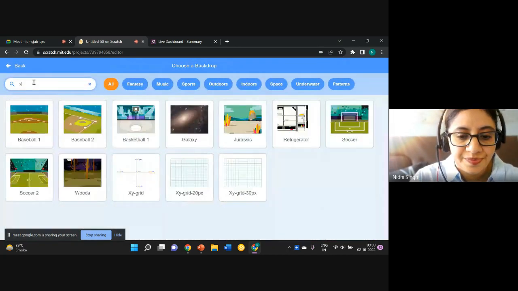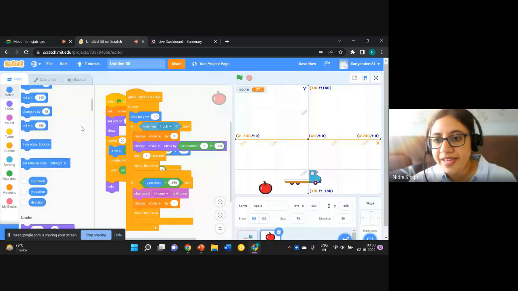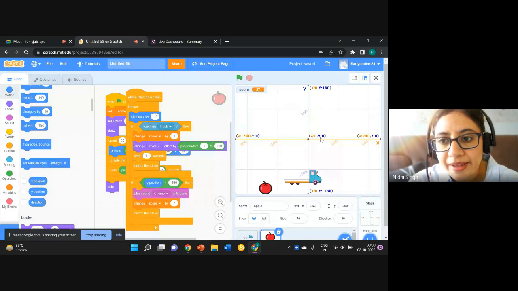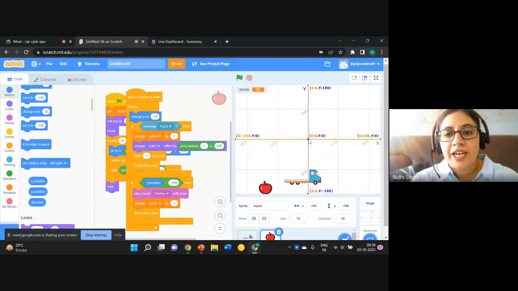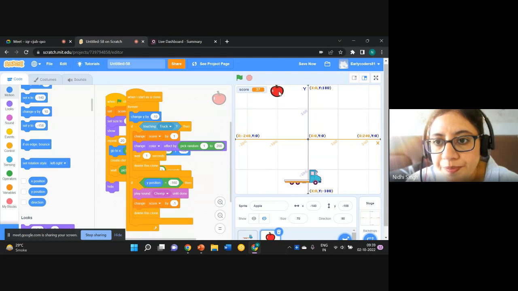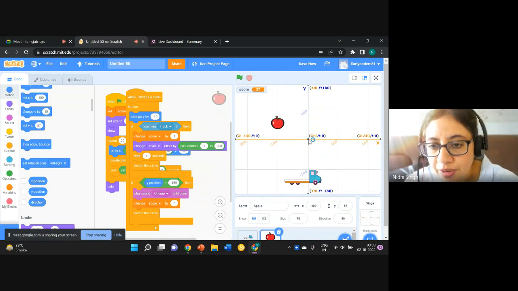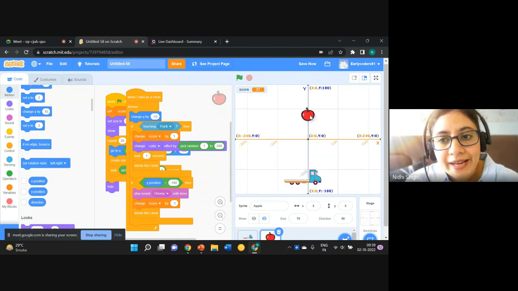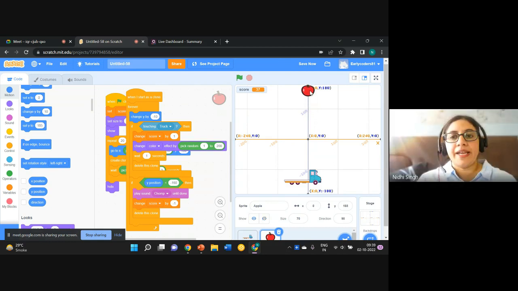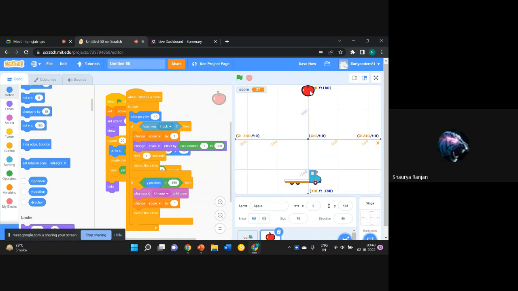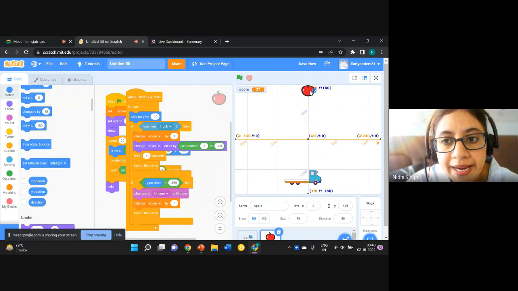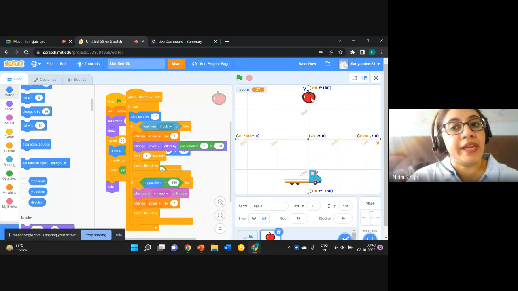One second. See here, see the coordinates. X zero, Y zero is the center. At the top, X is 0, Y is 180. Why? Because X is 0 here. If I'm on the same axis and taking it above, is my x coordinate changing or is y changing? Ma'am, X is not changing, Y is. Whenever your sprite moves vertically on the same line,